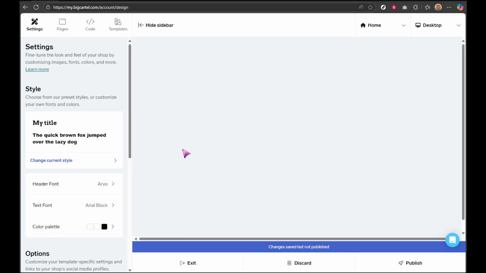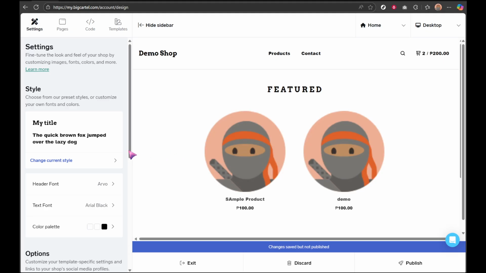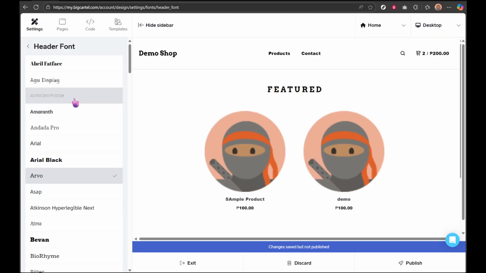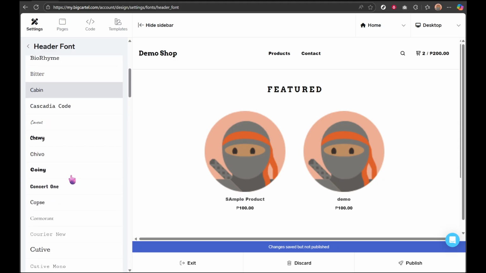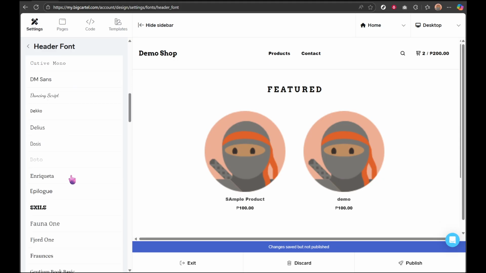Once you're in the Shop Designer, focus on selecting the right font for your header. Click on the header font option to view a variety of font styles. Selecting a font that matches the feel and tone of your brand is key here. Don't rush this step. Take your time to preview how each font looks and choose the one that best represents